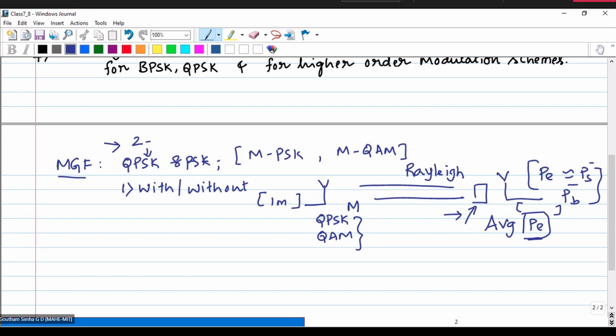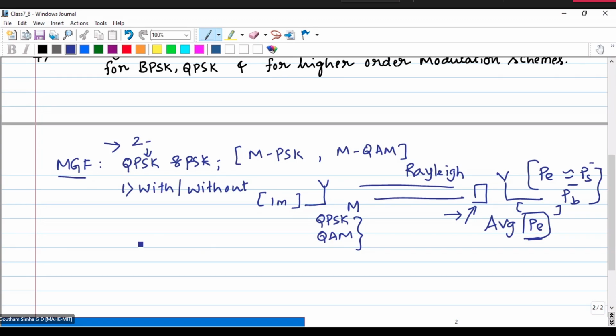What is the probability of symbol error in fading? That will be discussed through this. Now, what is this MGF? How well does it establish a relation with your average probability of error? That is the question. Now, in simple terms, if I talk about what is that MGF and why we need it, MGF is defined for